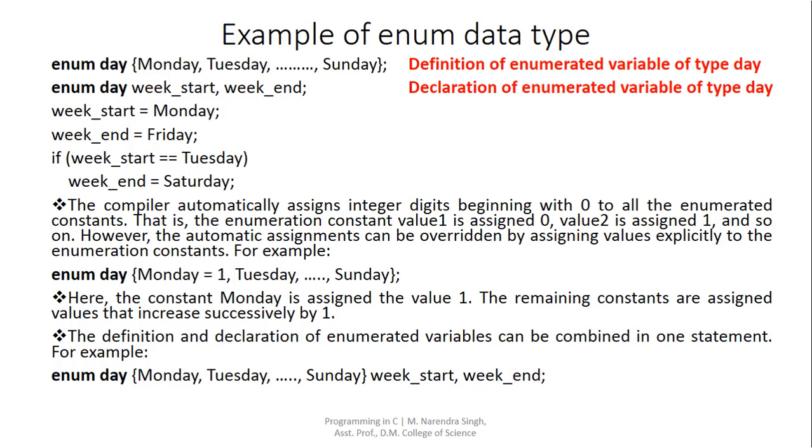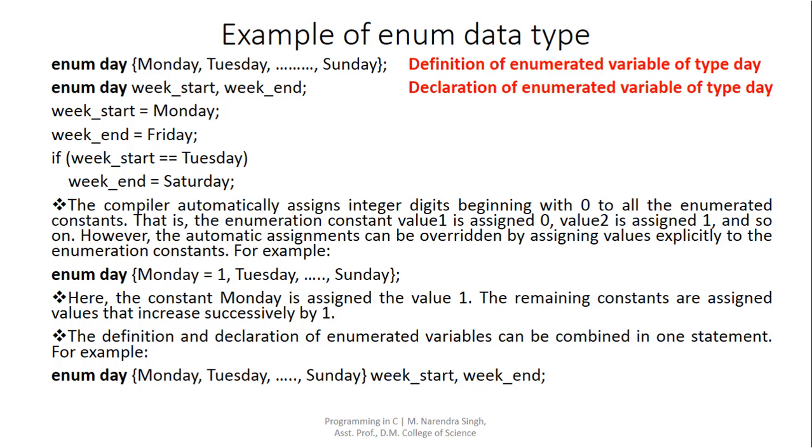The compiler automatically assigns integer digits beginning with 0 to all the enumerated constants. That is, the enumeration constant value 1 is assigned 0 and value 2 is assigned 1 and so on. However, the automatic assignments can be overridden by assigning values explicitly to the enumeration constants. For example, we can write enum day {Monday = 1, Tuesday, and so on after Sunday};